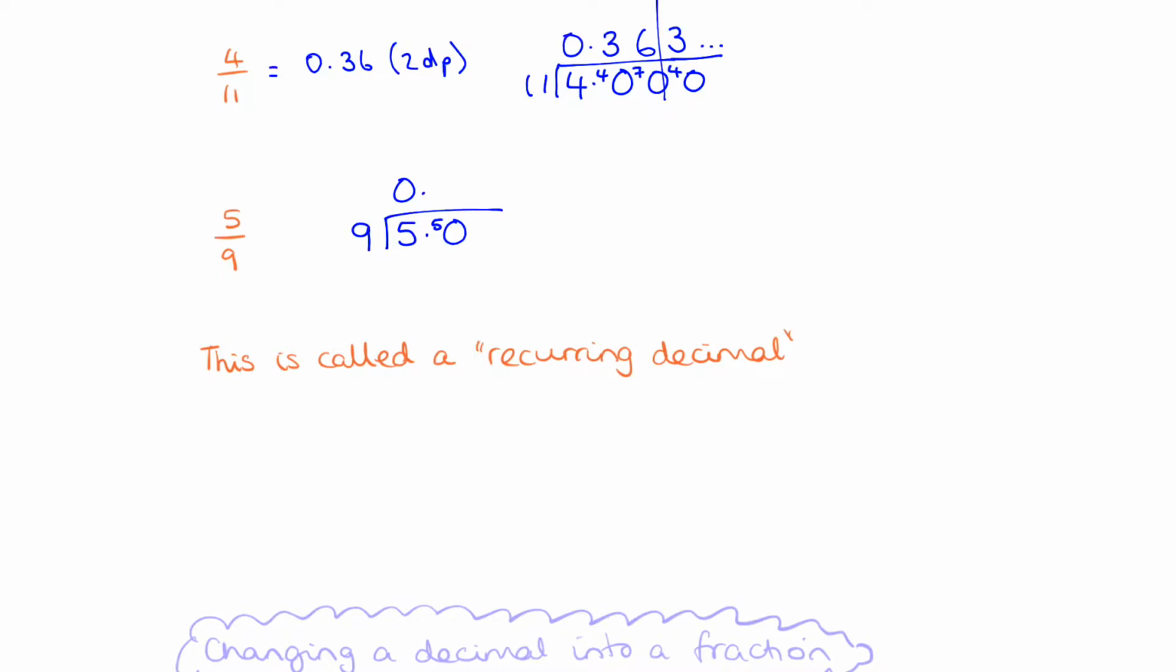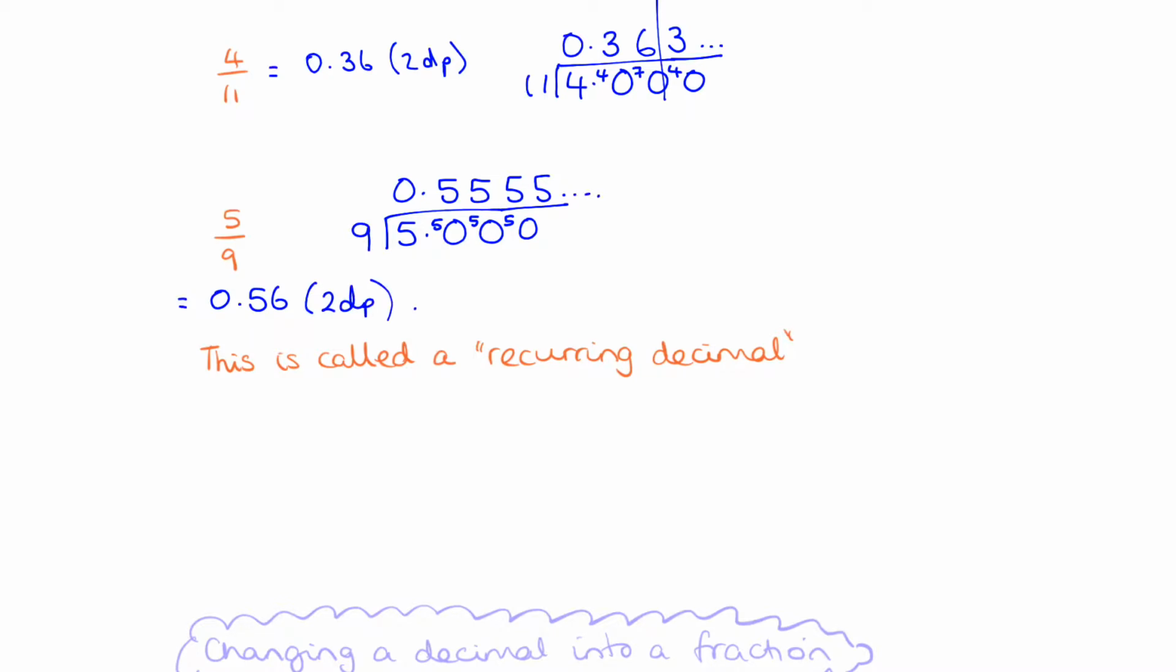9 into 50, well, 9 5s are 45, so that's 5 with 5 left over. 9 into 50 goes 5 times, which is 45, with 5 left over. So you can see what's going to happen here is this one's just going to go 0.555555. So if we're rounding it to 2 decimal places, it's 0.56,